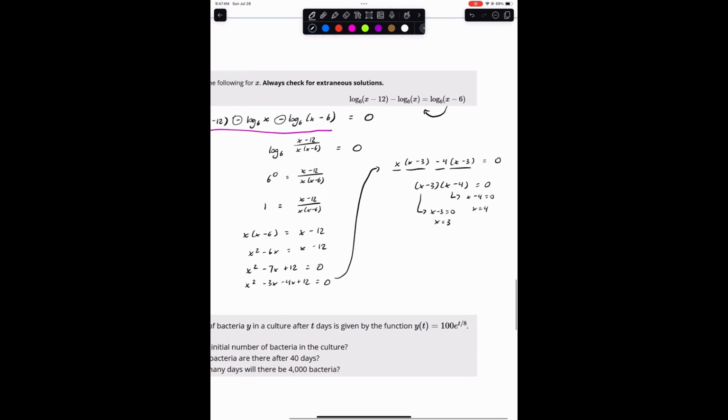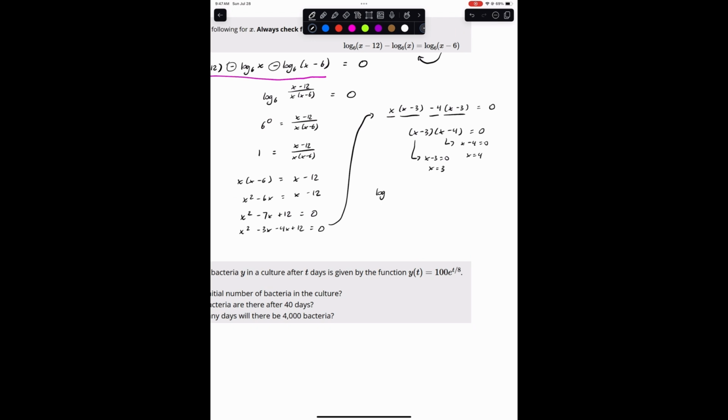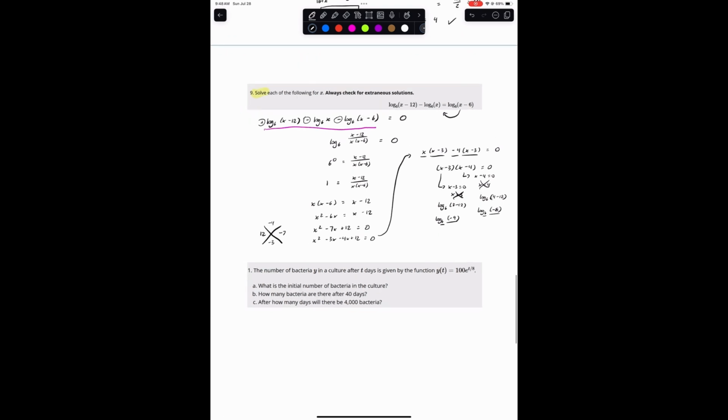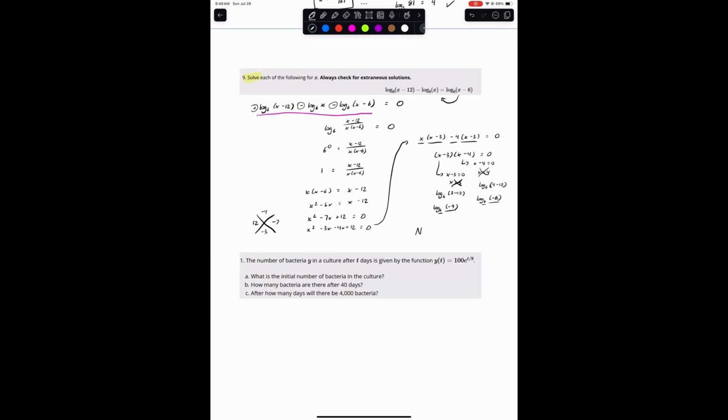Now, we need to check these, right? So for x equals 4, log base 6 of 4 minus 12 gives us log base 6 of -8, positive base, negative argument. This is no solution. And then for x equals 3, we have log base 6 of 3 minus 12, which is log base 6 of -9, positive base, negative argument, no solution. Both our x's are extraneous, so we have no solution